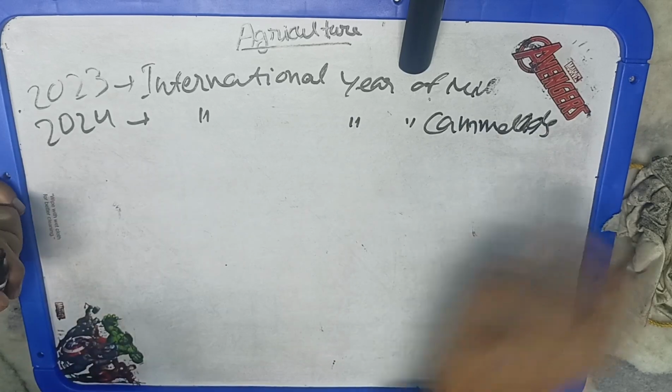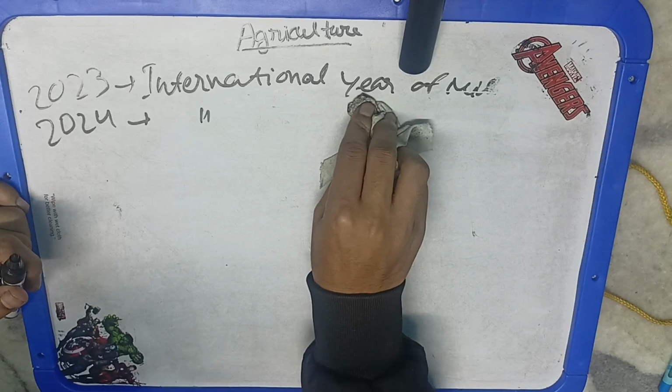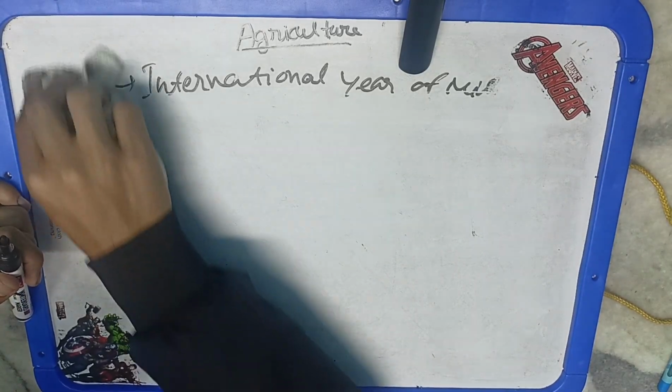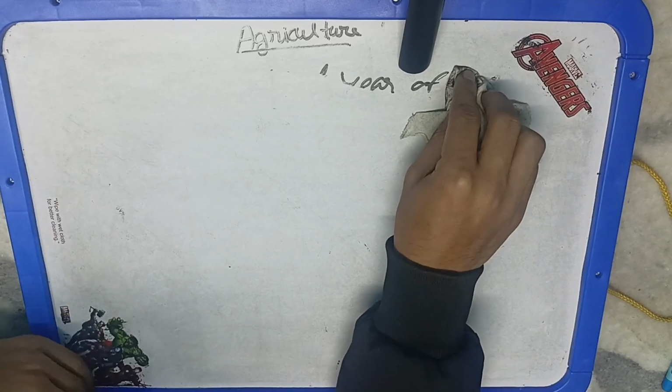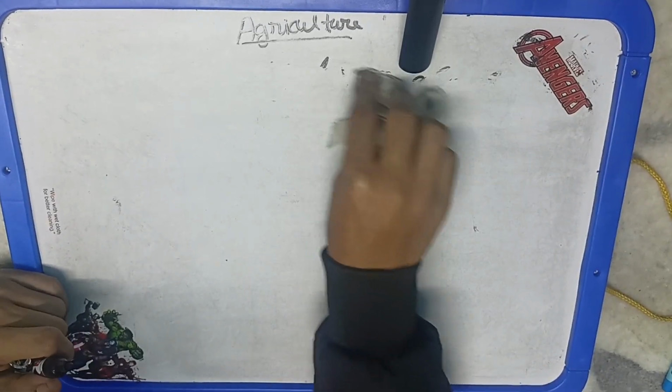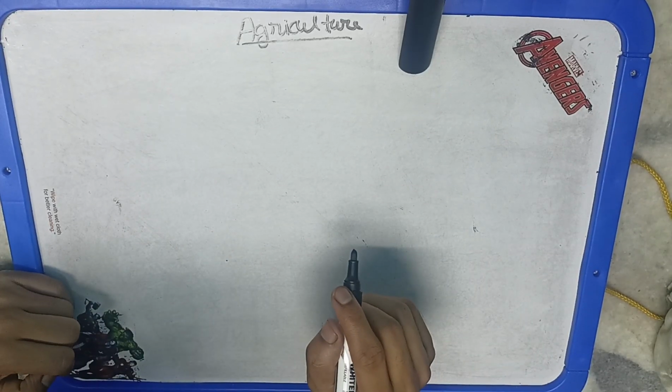Similarly, International Fruits Day, National Fish Farmers Day, NABARD Foundation Day, 12th of July, ICAR Foundation Day. ICAR means Indian Council of Agricultural Research, celebrated on 16th of July, or basically we can say the ICAR was founded on 16th of July. World Honey Day, Ozone Day, Bamboo Day, 18th of September, International Day of Rural Women and Nutritional Women Farmers Day. World Food Day is important, 16th of February. World Fisheries Day, 21st November.